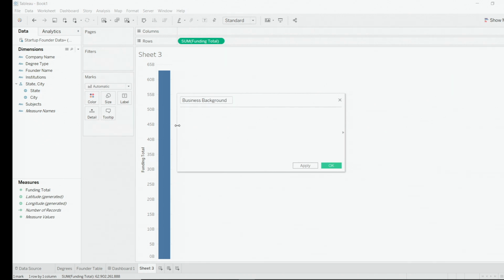So, as I said before, there are 3 things to consider. Is the degree type equal to MBA? Or is the degree type equal to BBA? Or is the major equal to business? And just like that, I have a calculated field, except that I made an error, and Tableau is letting me